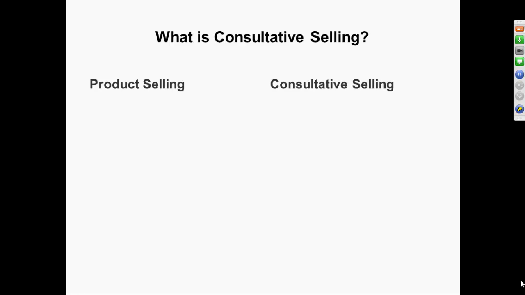So let's just take a look at what product selling is, and so this focuses more on talking about the product. So a salesperson, the main focus of their sales pitch, and everything they talk about, is around the product that they sell, also around the company they work for. So this is where a salesperson might be giving a presentation and it's structured around, this is the company I work for, this is where our offices are, this is the year we were founded, here are the products we sell, this is what the products cost. It's really all centered around the product and the company.